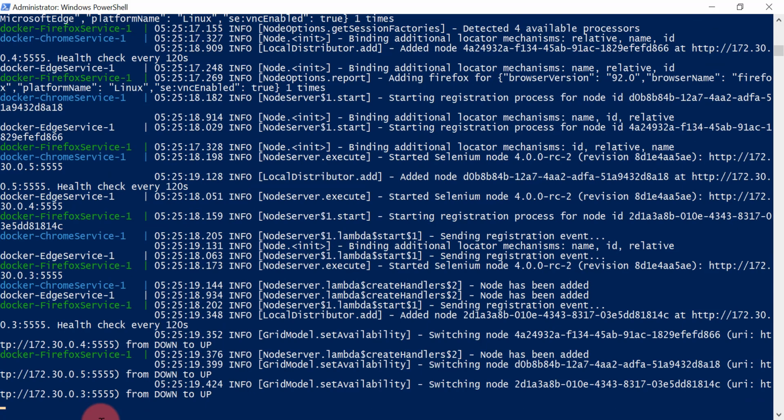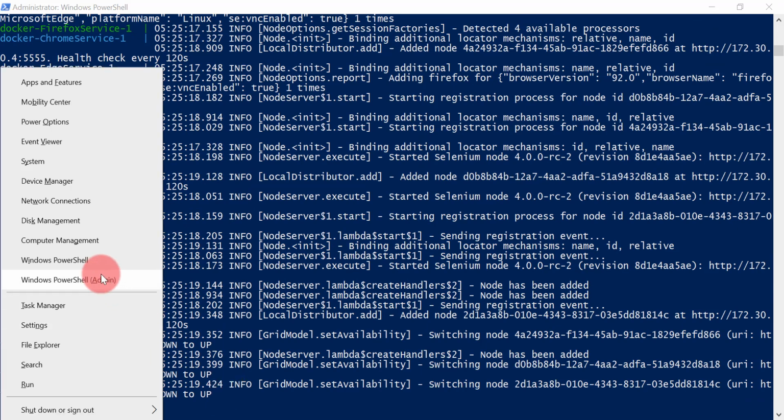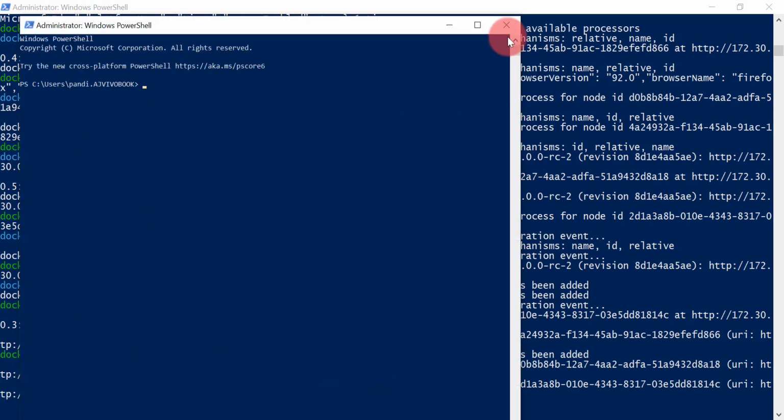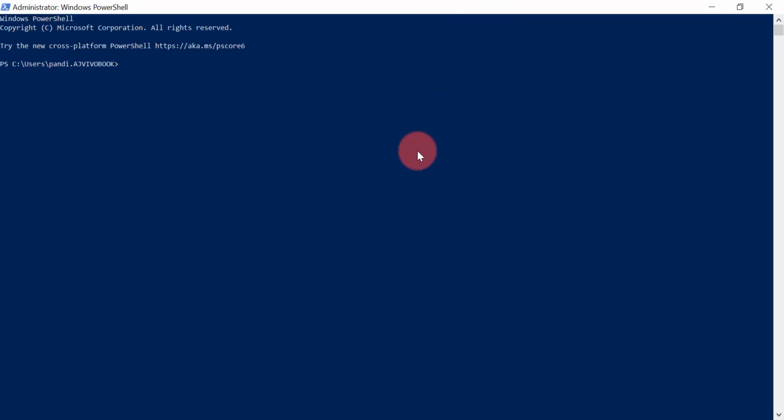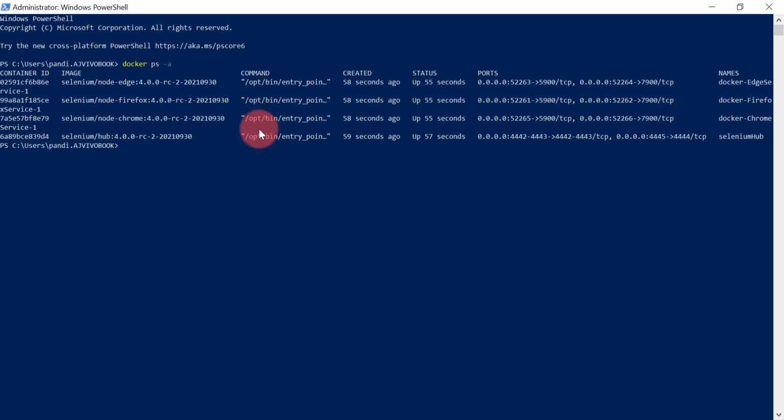Okay, so let me open another window of PowerShell so that we can see the list of services now. docker ps -a. Here we can see that there are 4 containers now.